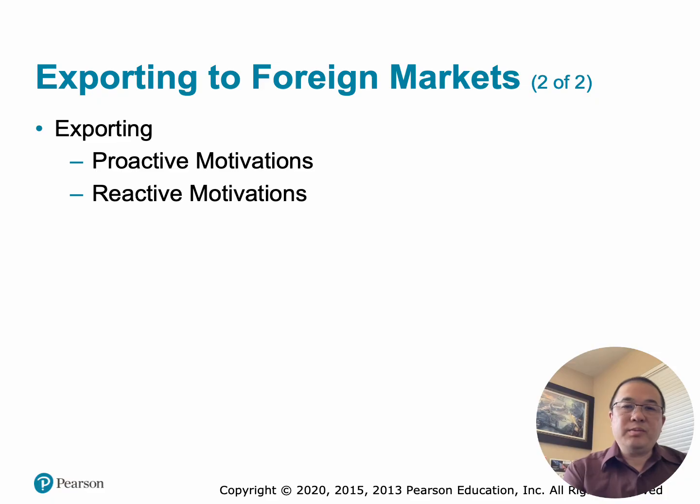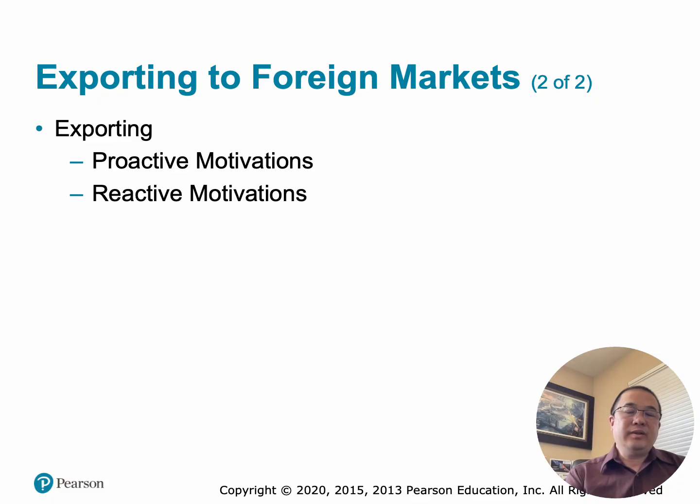Another is gain first mover advantage. So entering a market early can establish brand loyalty before competitors arrive. An example would be Netflix expanding internationally before many local streaming competitors emerged. Diversifying revenue sources. Selling in multiple countries reduces dependence on one economy. So as an example, if US sales slow, European or Asian sales may offset the decline.